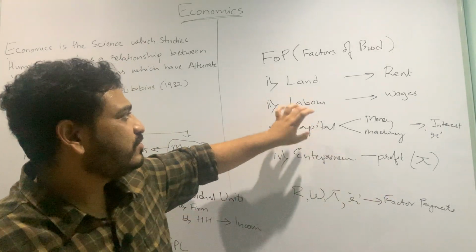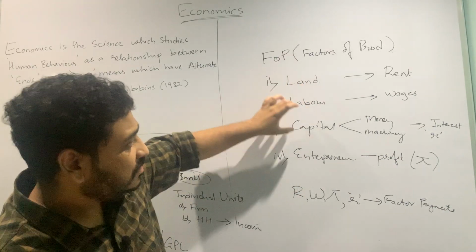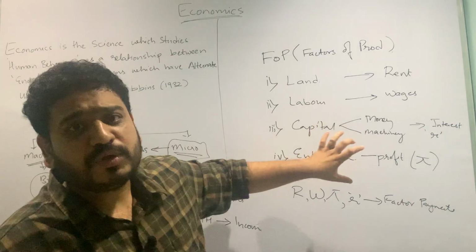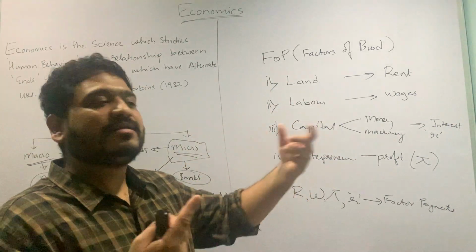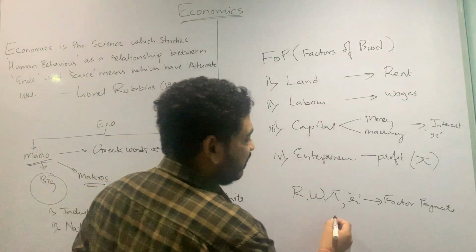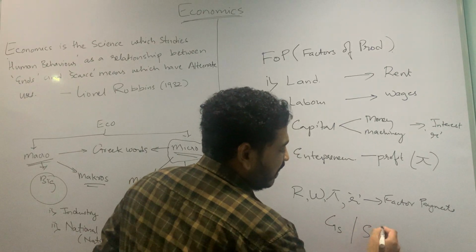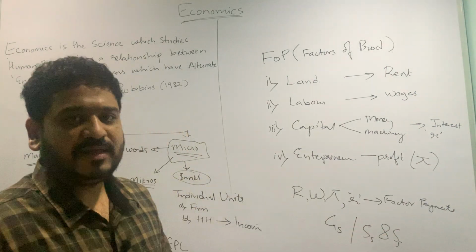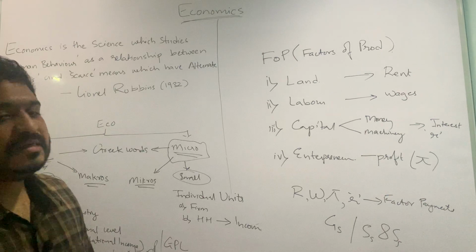This is if I am using these in various combinations. For example, I will be using 10 units of land and 5 units of labor, and capital will be, say, 12 units, entrepreneur maybe 2 units, different combinations of these factors. And then I'll be getting the final products, which can be either goods or services, either and or. So I hope this is pretty much clear. Thank you so much.